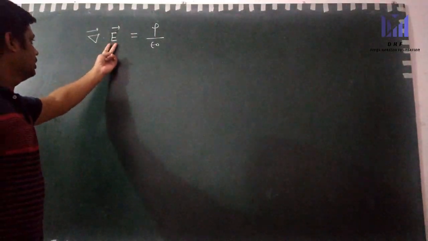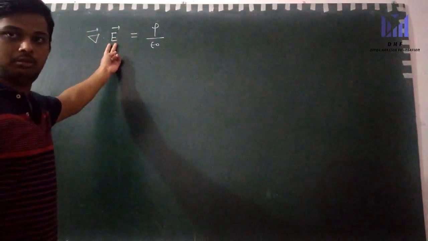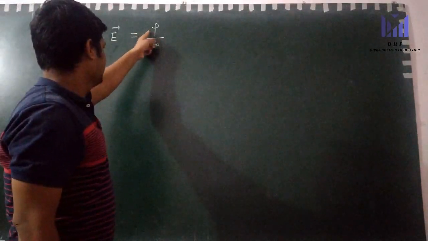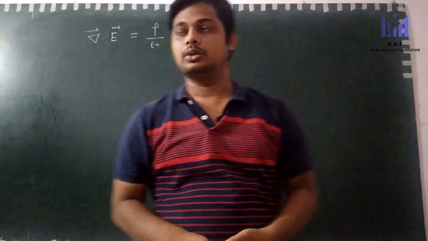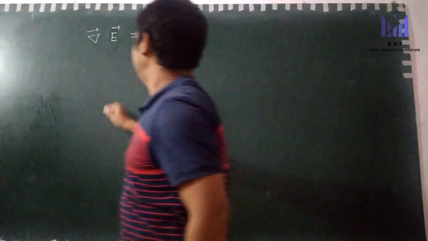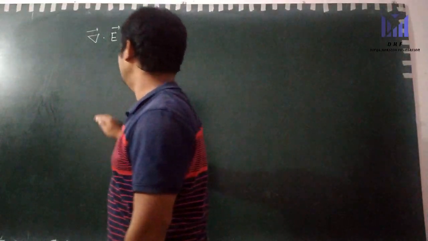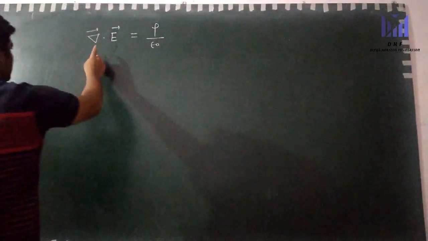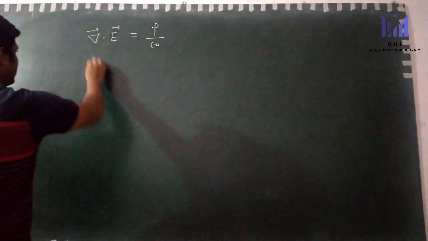So here E is electric field at any arbitrary point, and here rho is the charge density at that point. Okay, so this is the differential form of Gauss law, and we know that this divergence del dot E, its